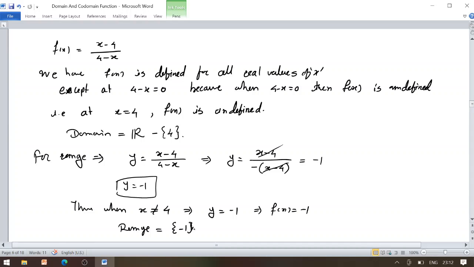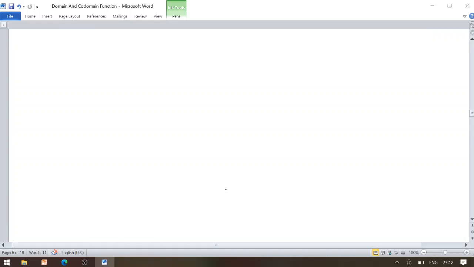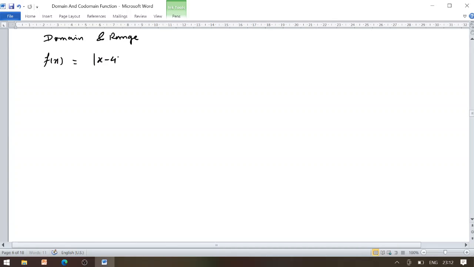Now we are going to discuss the modulus function. We are now finding the domain and range of the function. So we consider f of x equals modulus of x minus 4 here. As per the case of the modulus function, f of x equals mod x. So there are two possible values of x. One is minus x, the other is positive x. Whenever x is strictly less than 0, the value becomes minus x, and whenever x is greater than or equal to 0, we have positive values of x including 0.